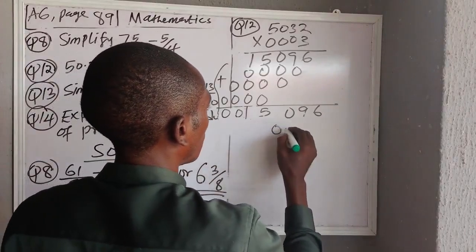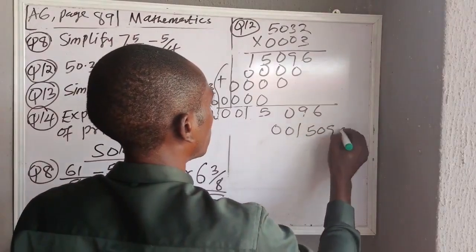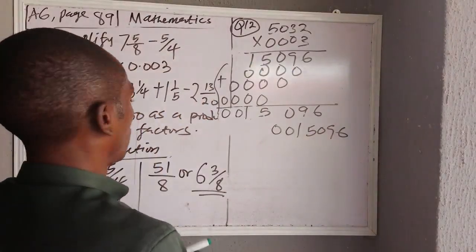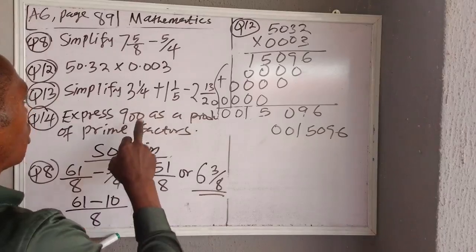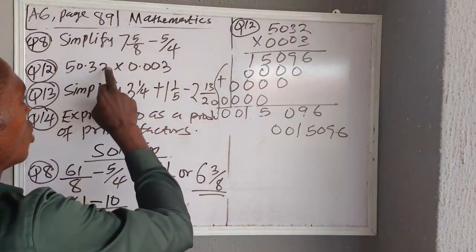What you have is 0, 1, 5, 0, 9, 6 when you add properly. Okay. So if you check how many digits after the point, you count here. After the point you have 1, 2, 1, 2, 2, then 1, 2,